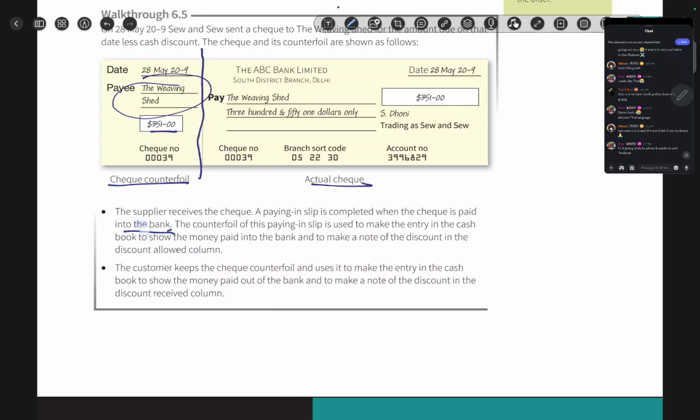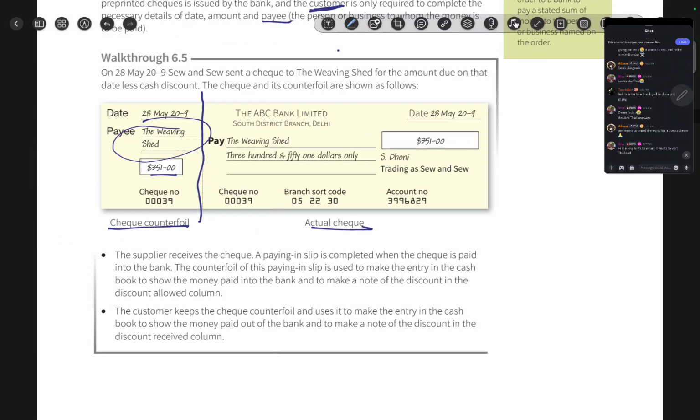That makes sense. So the supplier receives this check, and the paying in slip is completed when the check is paid into the bank. The supplier gives this check to the bank. He gets this counterfoil. He takes the counterfoil of the pay in slip